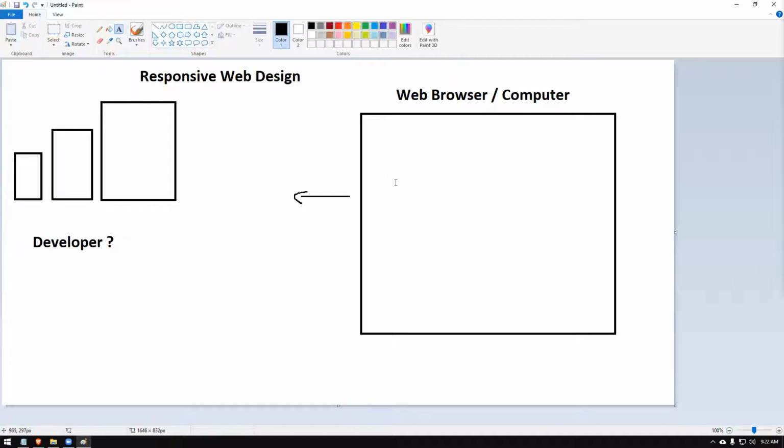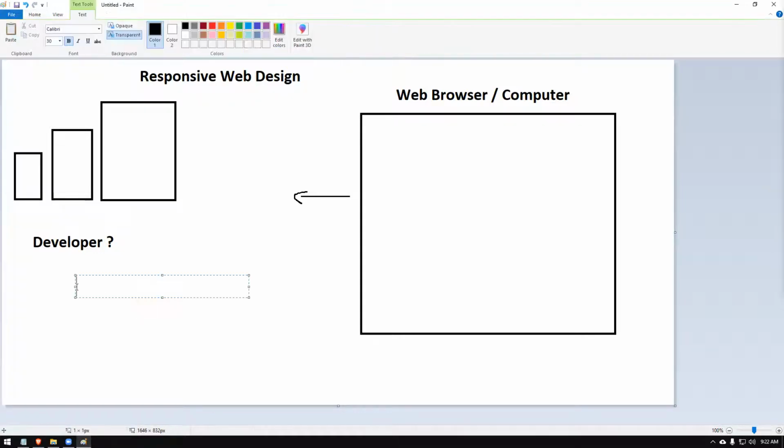We will take some examples later. Then if you take the percentage of people browsing the internet, these are research data. More than 70%, or 65 plus percent, are accessing on mobile devices. That you need to understand. That's the reality. Less than 30%, closer to 30% only, are accessing websites on computers or laptops or large screens. That reality we need to understand.